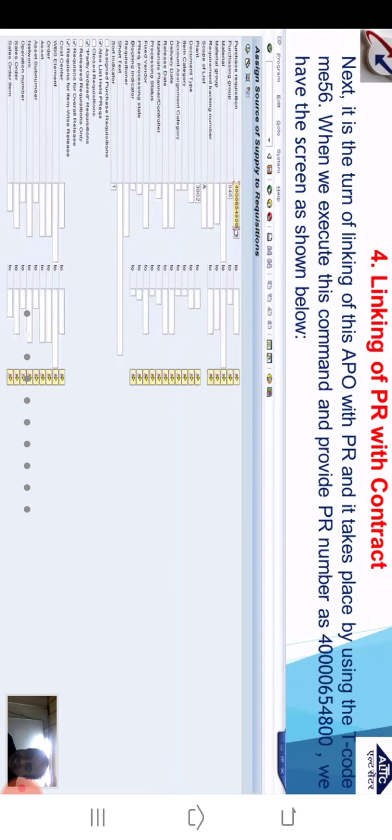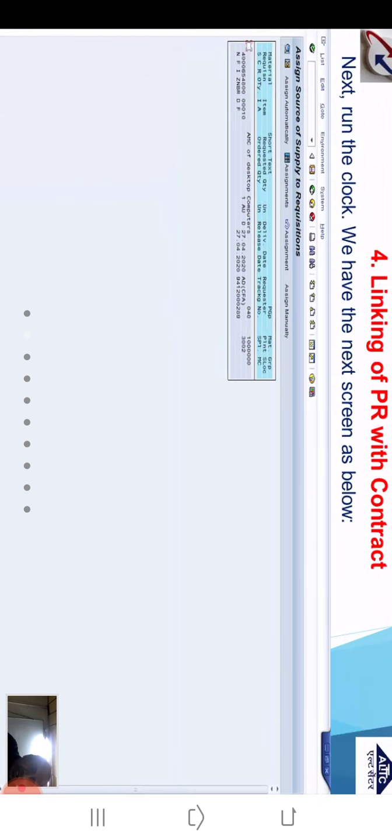Let me move over here. This was the T code ME56. Over here I maintain the purchase requisition. Thereafter it was my APO. Take over here, assign manually. Now you can see over here the last line, the green line, is not available. But when the PR is actually assigned manually to this APO, this line is going to be reflected